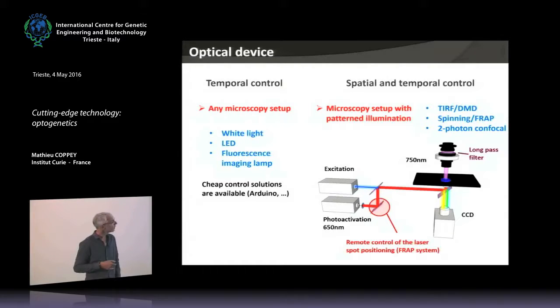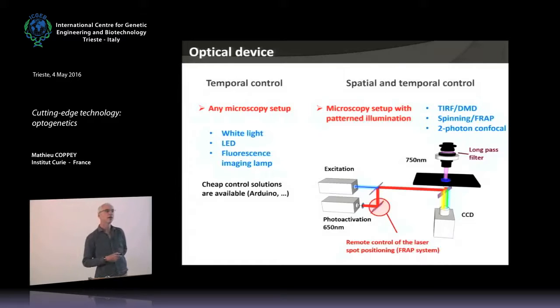And in general, the main system that has been used for that is the FRAP system. For example, you have a focalized laser that can move around the sample, so you can activate just at the place where the laser is focalized. Or actually, something that is expanding now is the use of DMD, which is